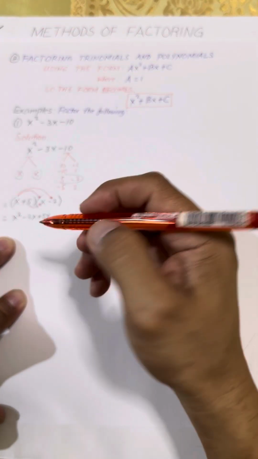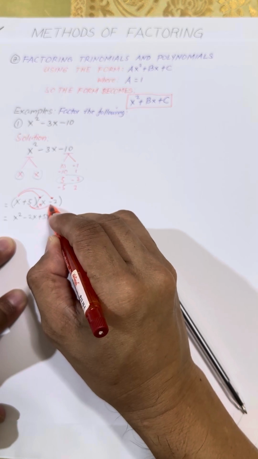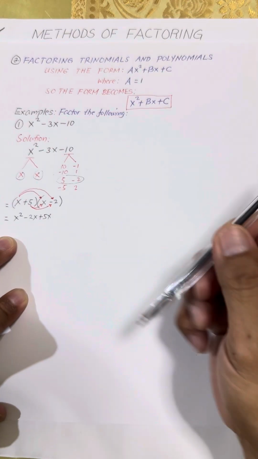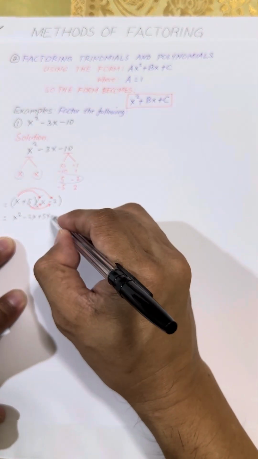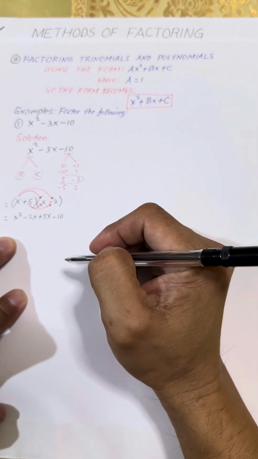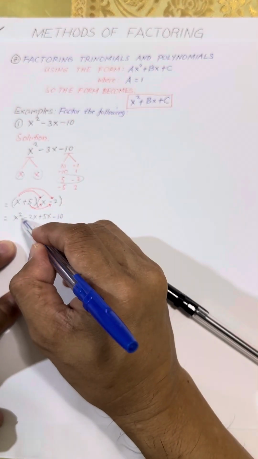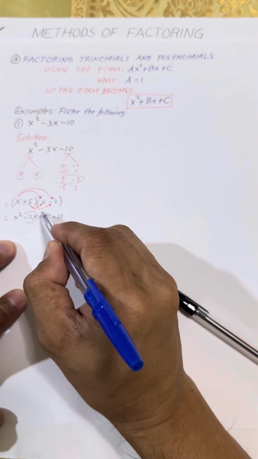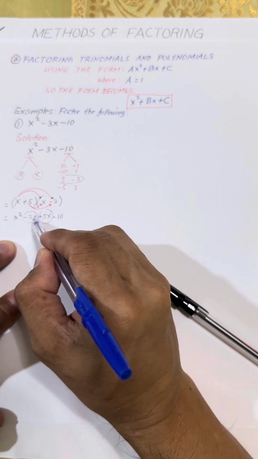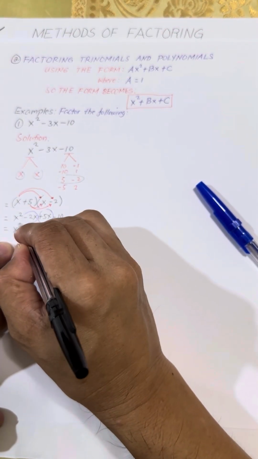The next is to multiply the second term and second term. So positive 5 and minus 2. So plus times minus, so the product should be minus. Okay? Then check. Let's combine similar terms. So this is minus 2x. We have 5x. So let's combine because they are similar. So when we combine them, we have x squared.